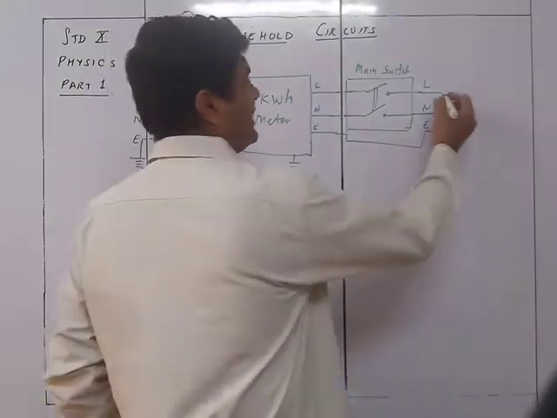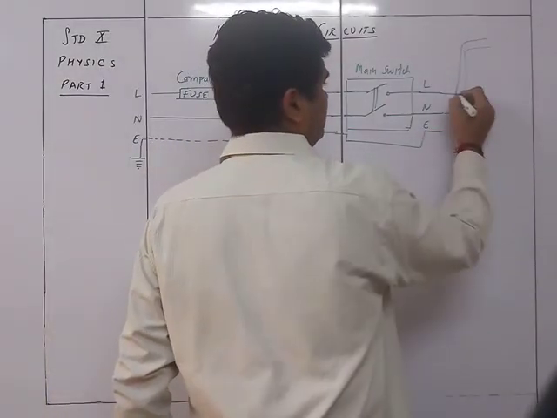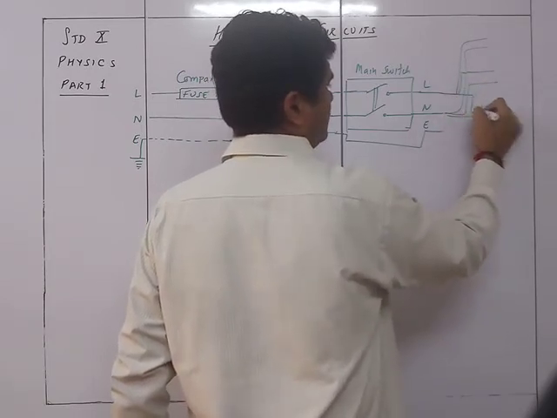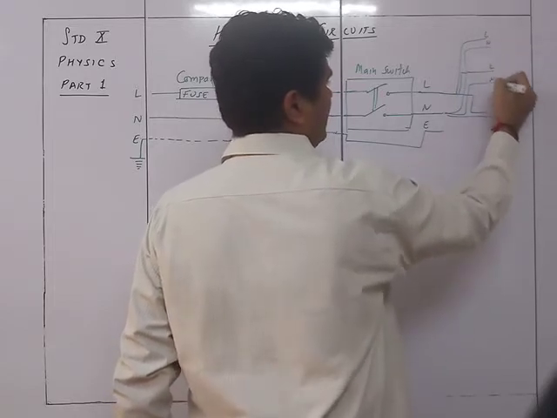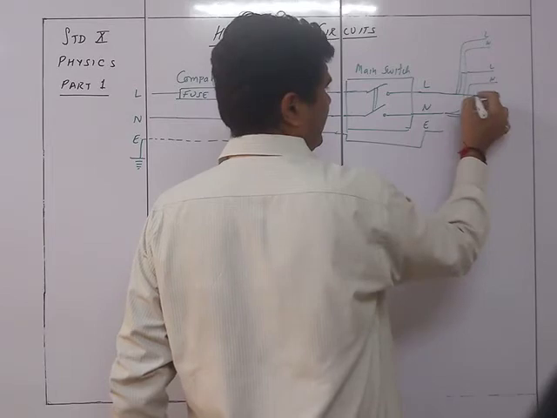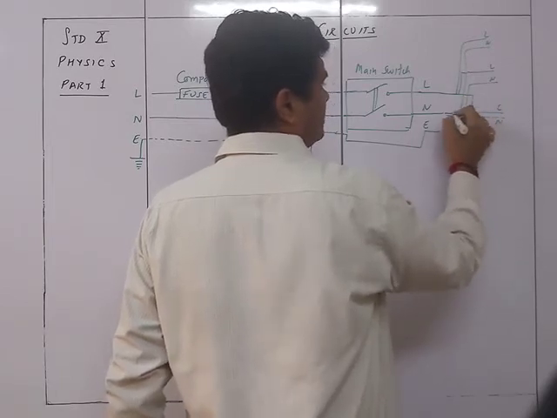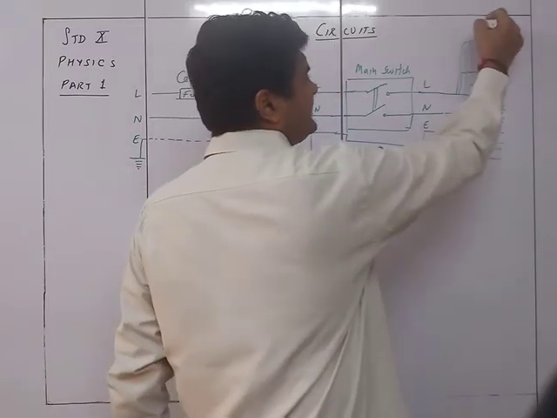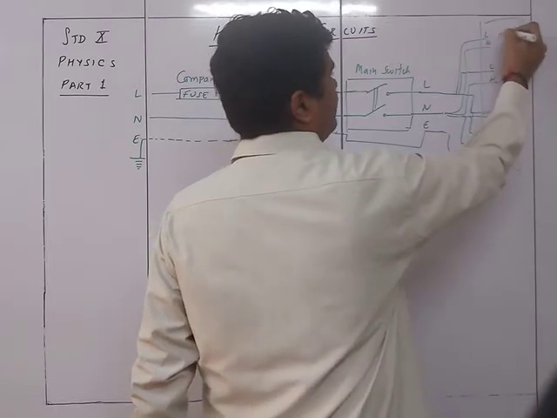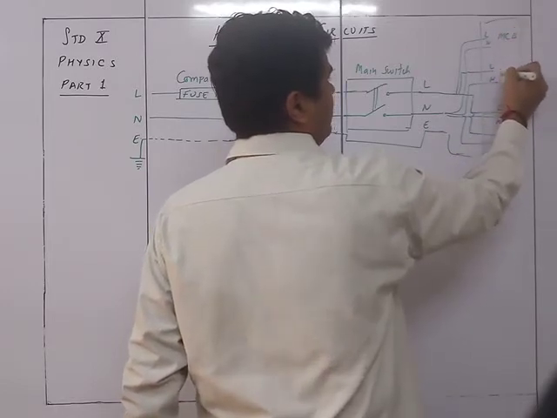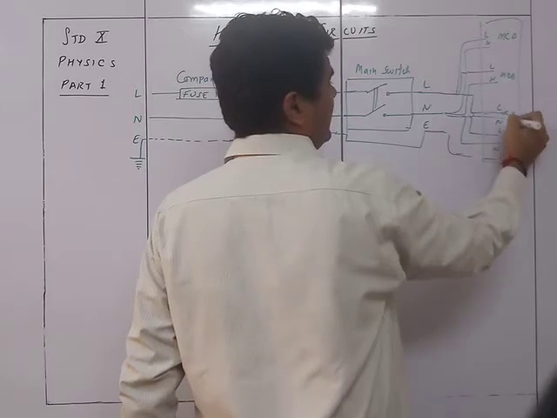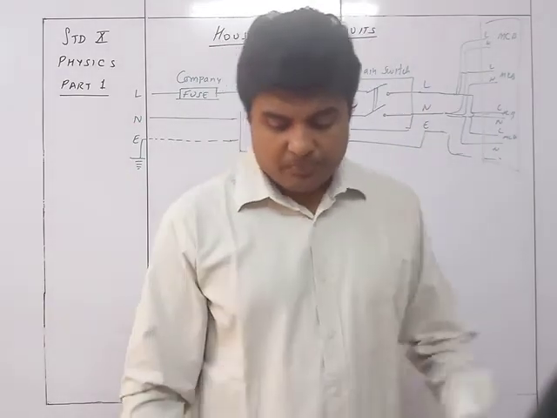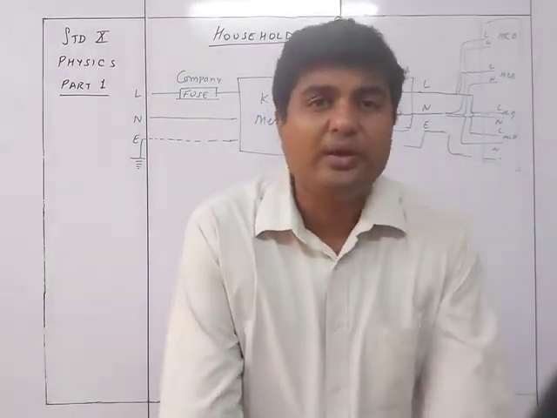After this, it is connected to the different areas. Here, then a second one here, and then a third one here, like this. So this will be line neutral, line neutral, line neutral, and there can be one more like this. Line neutral, and the earth will be there for all of them. This is then connected into the individual MCB, that is, a miniature circuit breaker. This MCB will be connected for each and every part, so that you have a safety mechanism for all the different kinds of connections you are doing for your houses.